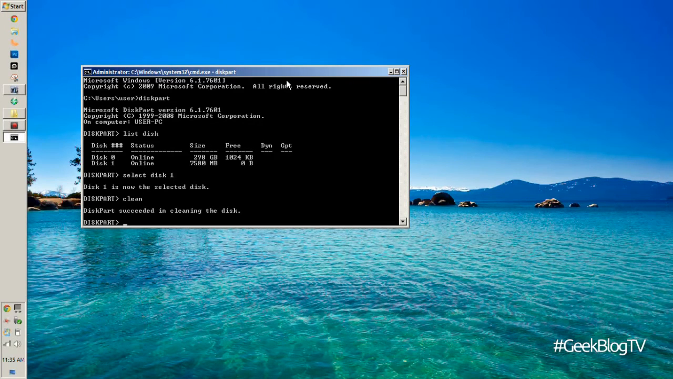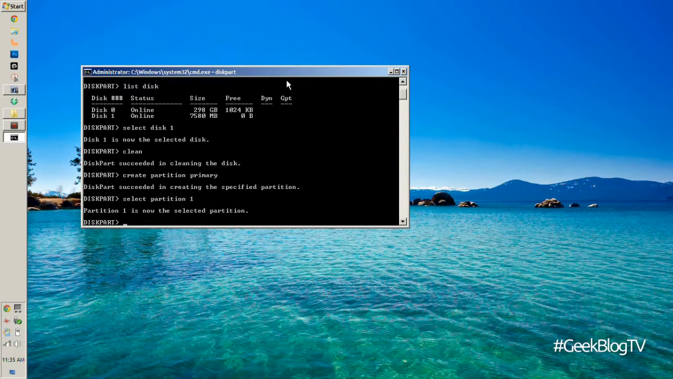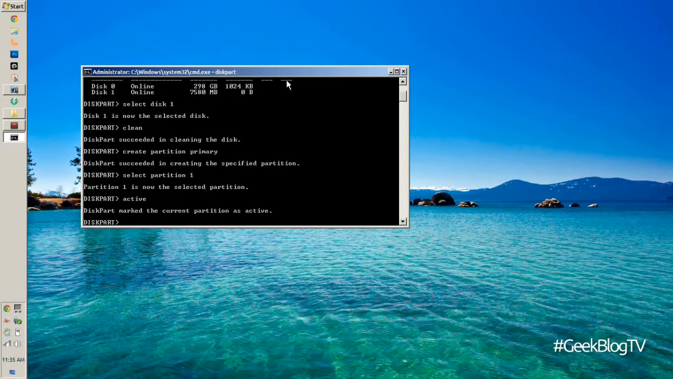Then I'm going to do create partition primary. Okay, so that one is primary, so I'm going to do select partition 1. Okay, so next we're going to type active. And then after this, we're going to put a new file system, so we're going to do format fs equals